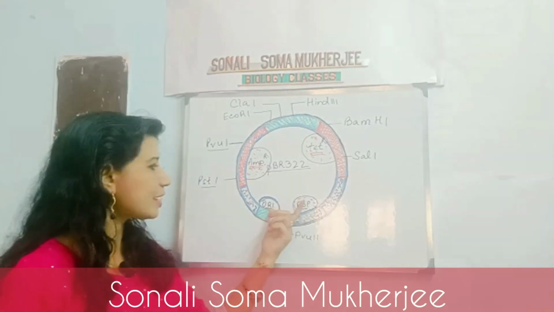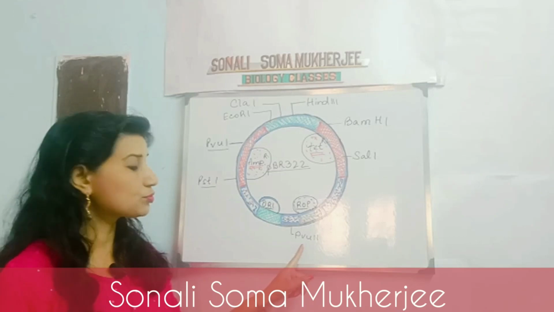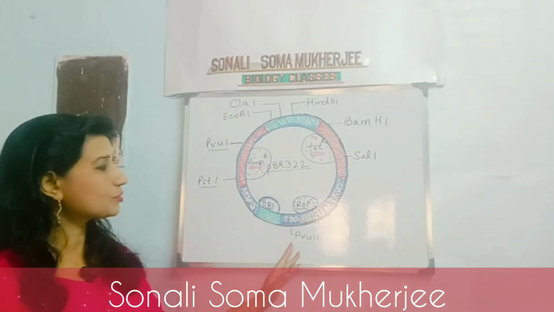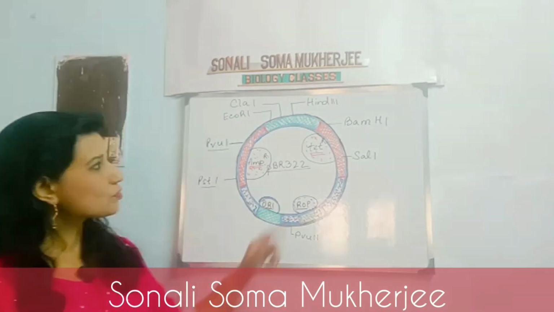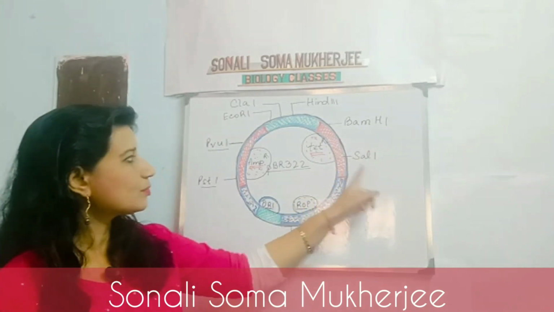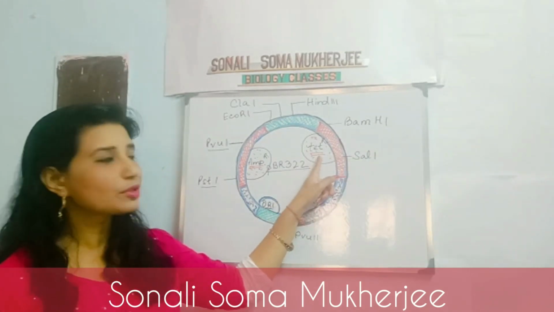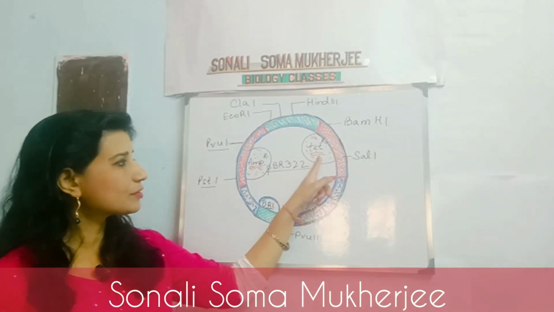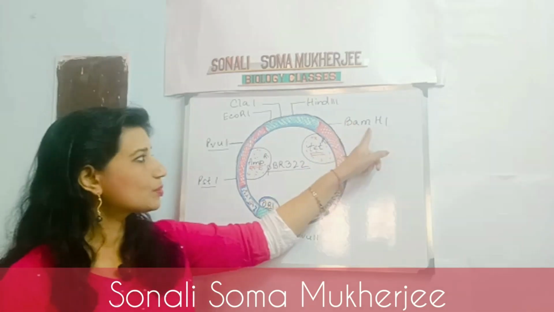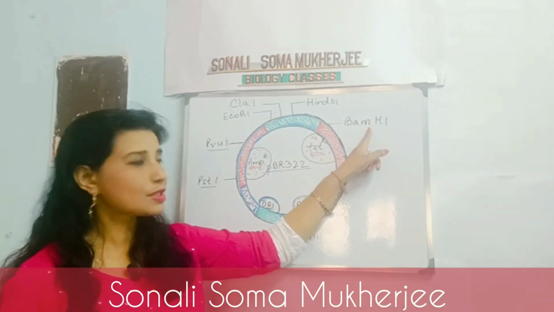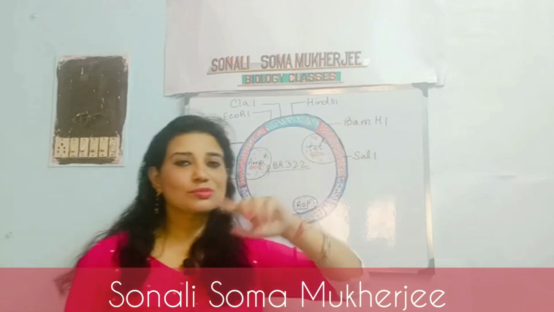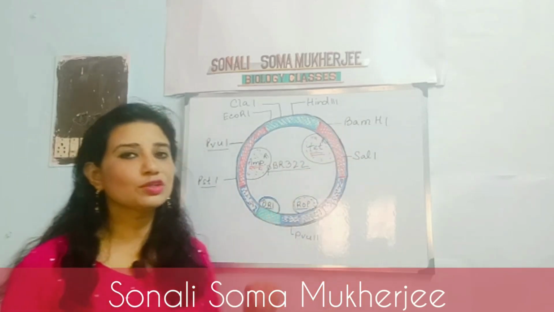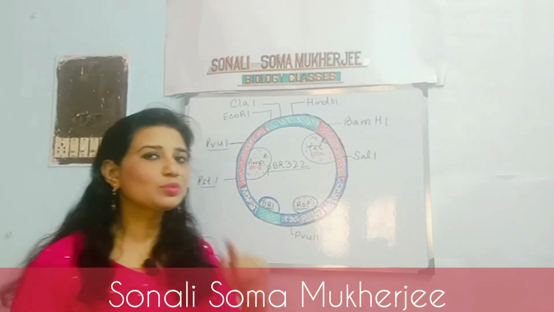So, there is a direct interaction in this case, and PVU2 is also there, but I am not coming to it. Let me take the names also. BAMH1 and SAL1 are responsible for encoding tetracycline, that is the antibiotic resistance gene. BAMH1 is a type 2 restriction endonuclease. If you remember, when I was doing the lesson on restriction endonuclease, I had specified which type it is.